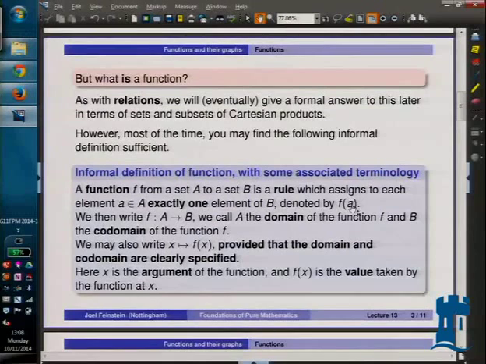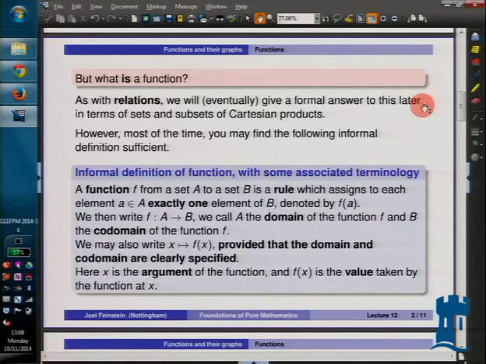Having said all that, there is a problem. What is a function? And it's just as bad as what is a relation. And maybe not quite as bad as what is a set. That is, if you assume you know what a set is, then you've got a good chance of deciding what a function is. So I will give you a formal definition later, but as usual, the formal definition is not normally very helpful. The formal definition is not really something we're going to work with very much, maybe a tiny bit, but it is useful to have it there because